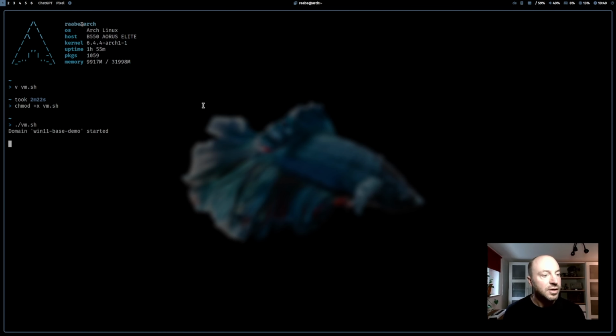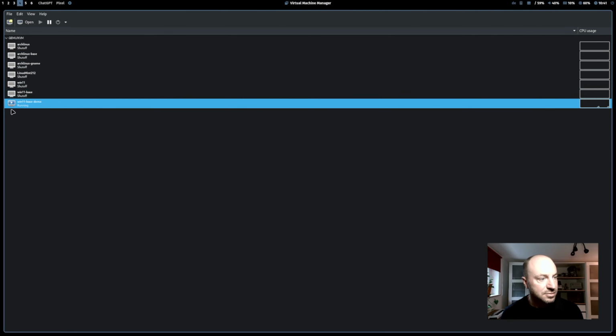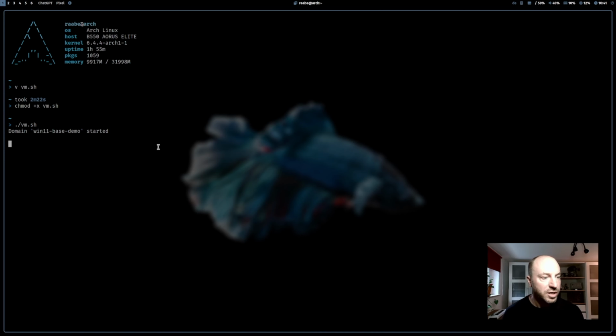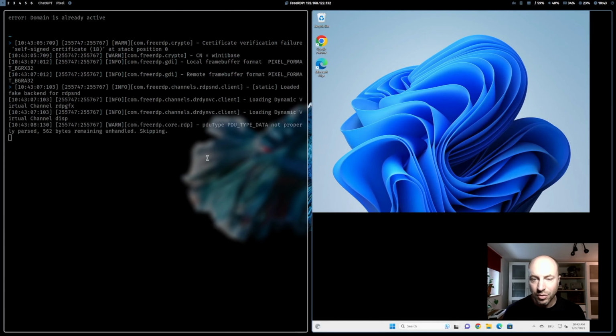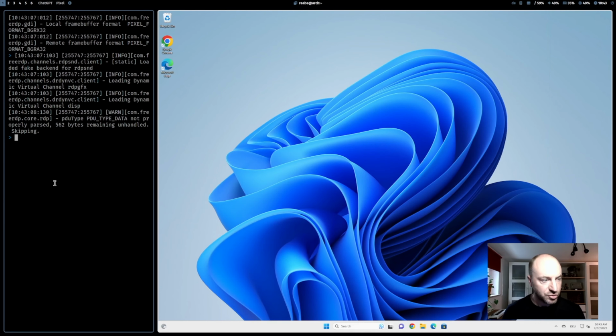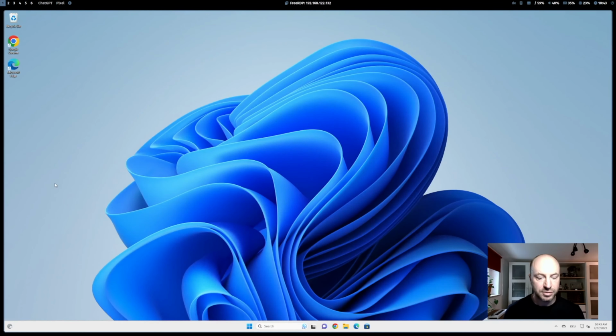And then we can just start it with ./vm.sh. The virtual machine has started now. You can see it here. And now we wait for 30 seconds. The system is now booting up in the background. And here is your virtual machine. And you can close the terminal, and the virtual machine is running on your